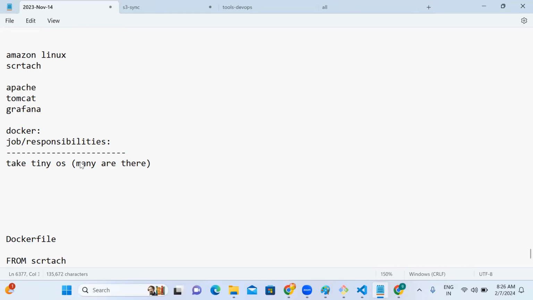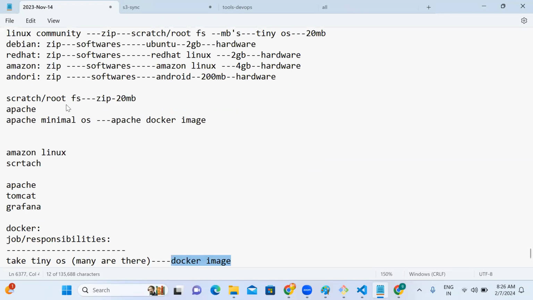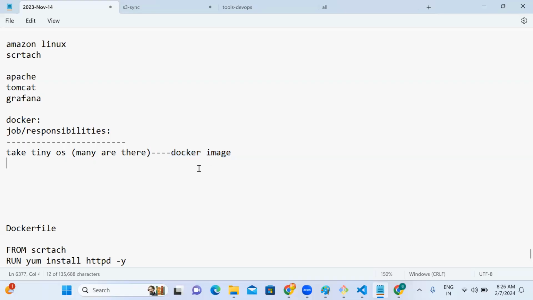Now this tiny OS, from now onwards I will use the keyword Docker image. When I say Docker image, unwanted binaries and vendor lock binaries are removed. It is lightweight and minimal, only the required root FS and only the needed packages will be there. So your job is building these Docker images